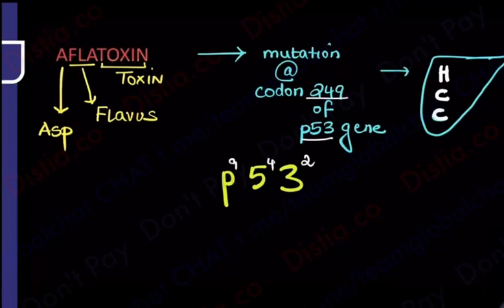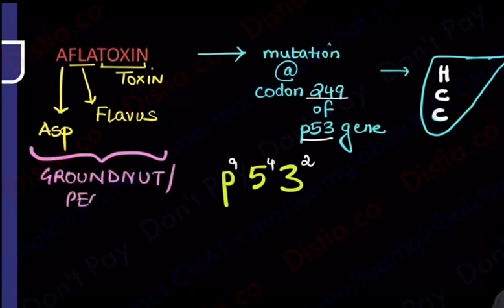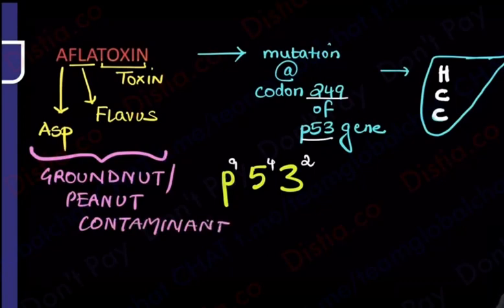So obviously a question must be coming to your mind: a fungus can cause cancer, how does the fungus enter into our body? So remember, aflatoxin or Aspergillus flavus is a very famous groundnut or peanut contaminant. And that should not stop you from eating peanuts or groundnuts, because all of us medicos have this habit of reading things and then applying it all to ourselves. But this is some long-term storage. If groundnuts and peanuts are stored for a very, very long time and that too in very moist and damp conditions, that is when fungal growth happens in them, and that is when, if consumed, it can cause this mutation.